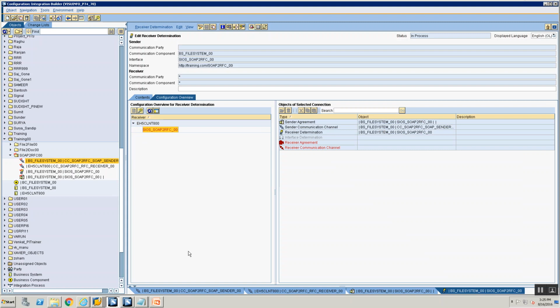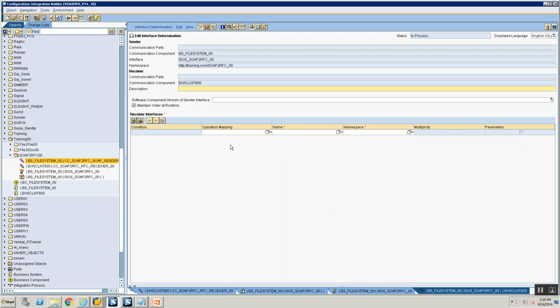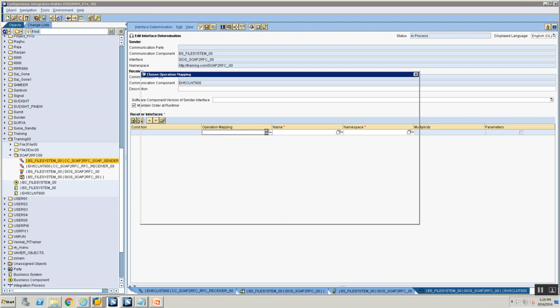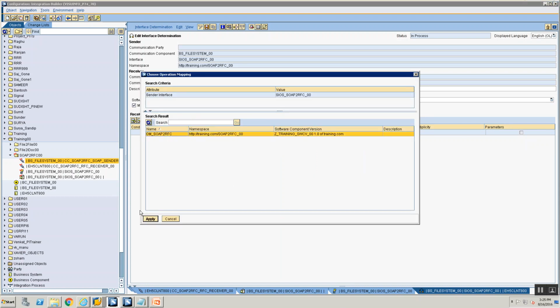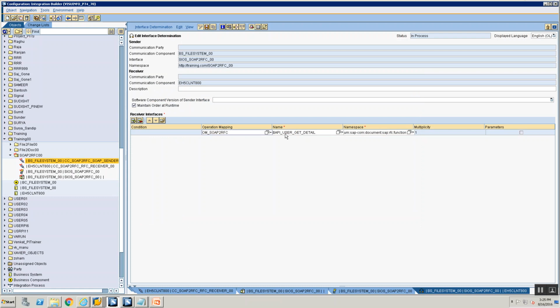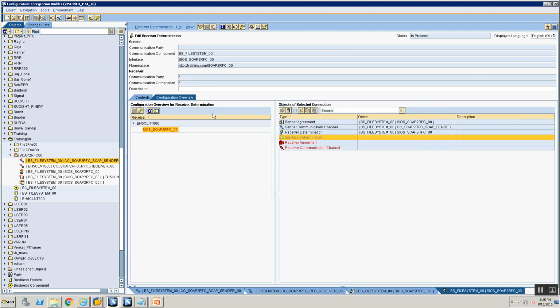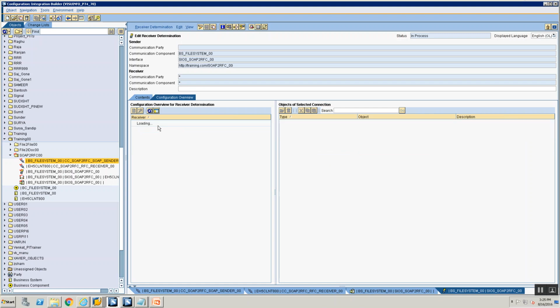receiver, click on your interface. Your interface determination needs to be created. Right click, say new, specific. Now that you have created here, it's going to ask you for the operation mapping. Select your operation mapping, OM SOAP to RFC, and note here the receiver RFC interface is now a BAPI. Okay, you did not create an inbound interface. Your BAPI, the imported object, automatically acts as your receiver interface. Save your interface determination, and now that your interface determination is saved, refresh.